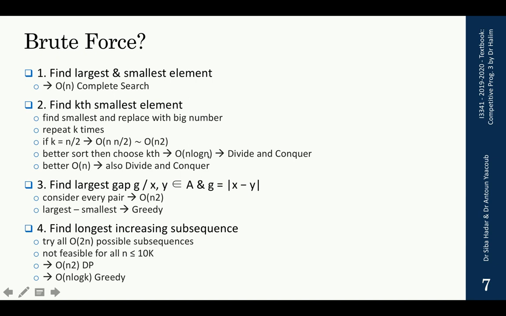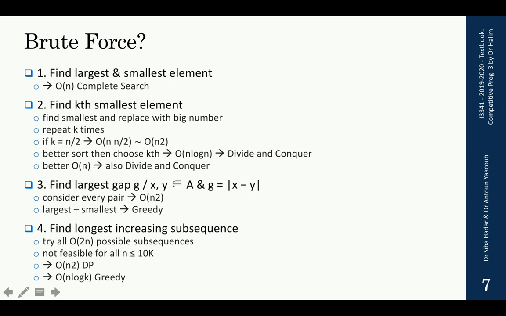This will give us the order of the best sorting algorithm, which is order of n log n, and this is called divide and conquer, another paradigm we will see later. And better yet, also with divide and conquer, we will see that we may have solutions